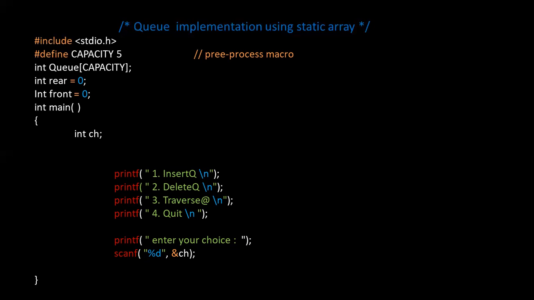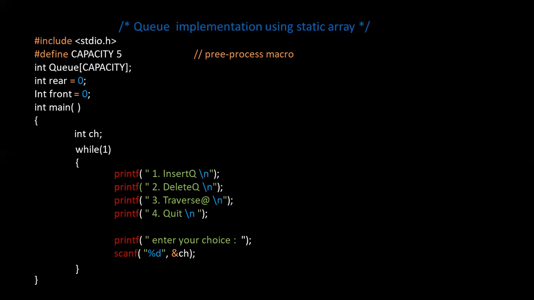So for that, what do we need to do? We need to write the logic in such a way that it is going to execute n number of times until we enter 4. So all these things we need to repeat continuously in a loop. The loop we will be using is a while loop. Here in the while, we have written 1 in the brackets, so it is an infinite iteration. These operations will be performed continuously since while of 1 is always true.